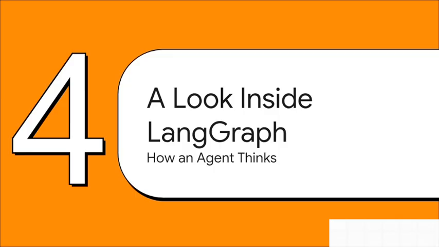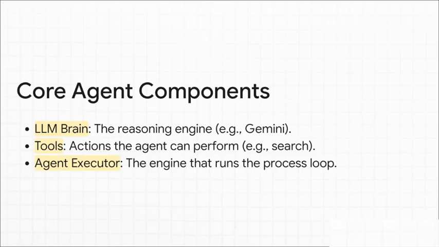What are the core components that make it think and act? Well, it really boils down to 3 key parts. First, you have the LLM brain, like Gemini, which does all the reasoning. Second, you have the tools, which are what give the agent its skills to interact with the world. And finally, you have the agent executor, which is basically the engine that connects the brain to its tools in